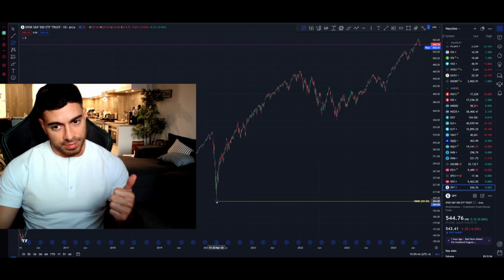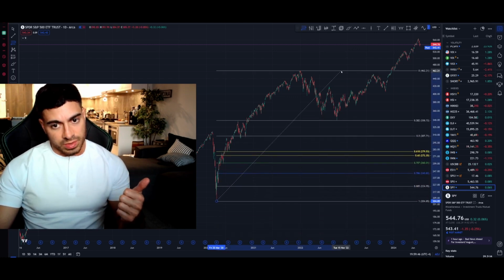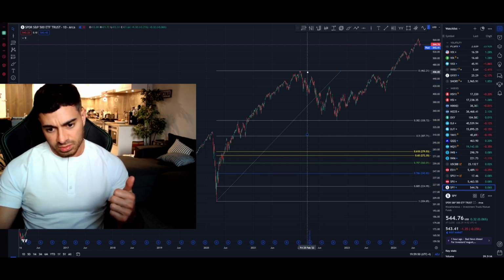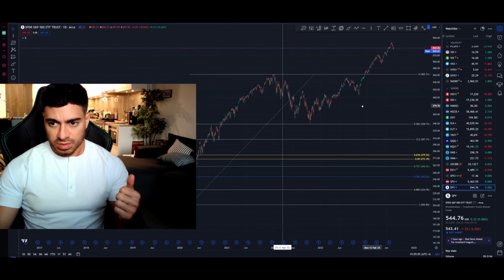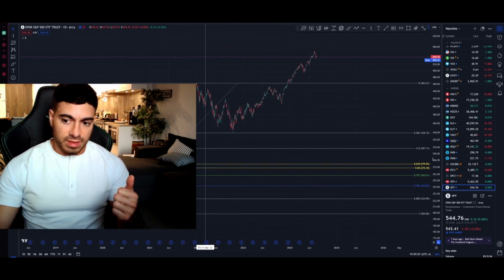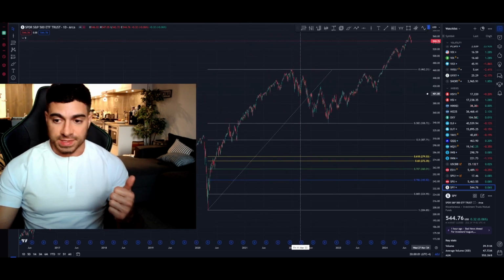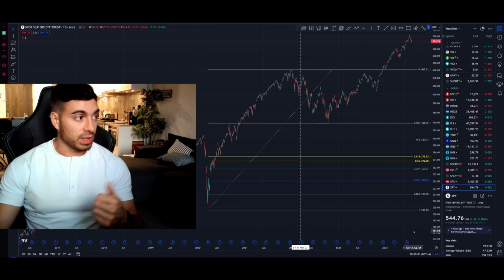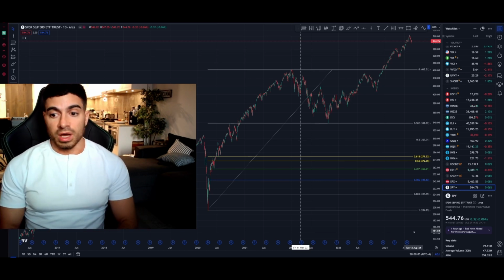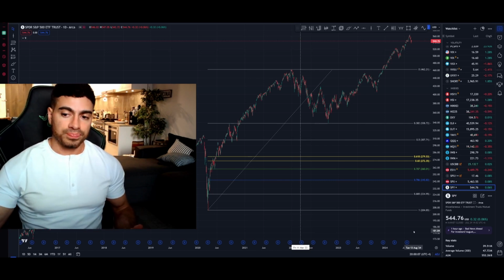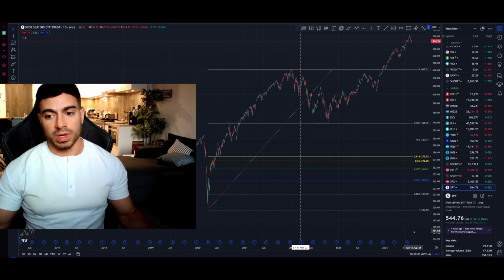Let's just go from the bottom of COVID to the top of the market. Remember QE, I believe, ended here in March. But it can't get any more straightforward than the fibs that I use. I don't know if you guys want to write them down or use them yourself, but everyone talks about your golden pocket, your 618, right?